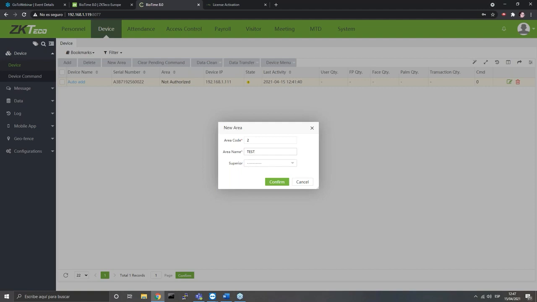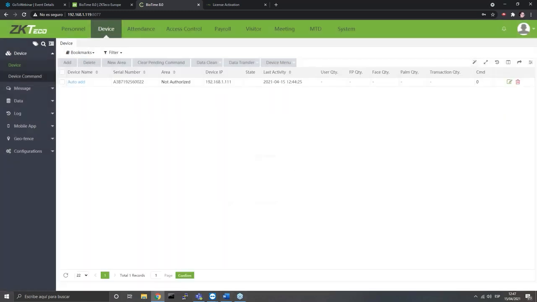We can, for example, create an area which is Europe, and then put Madrid and other cities, and then we can have another area which is Africa, and put, for example, sub areas that are for the different countries or the different offices that our installation has. Okay, I'm going to confirm, create the area, and